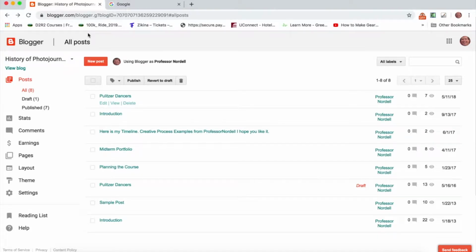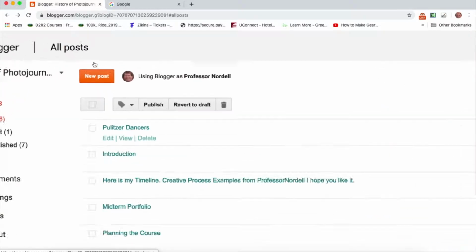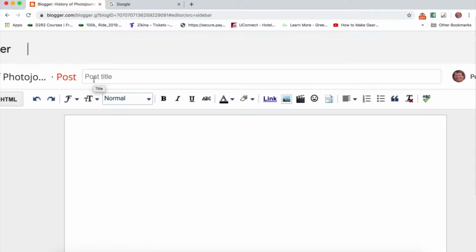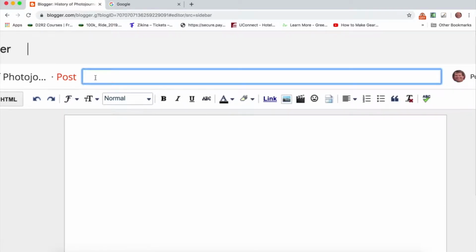Okay, so here's how to add an image to your blog post. The first thing to do would be come up here to New Post and create a new post. And then right here with Post Title, you always want to give your post a title,